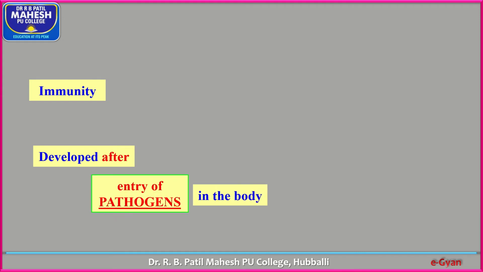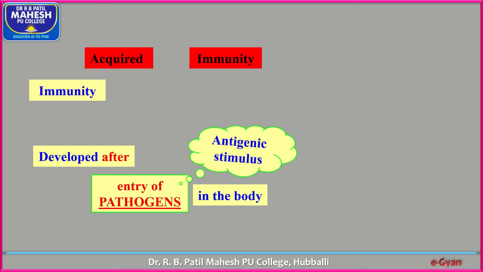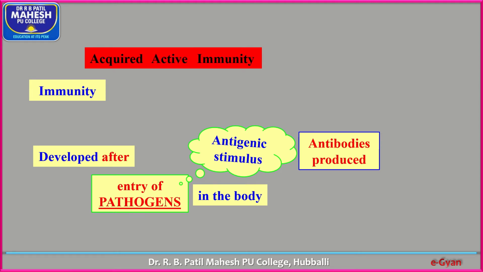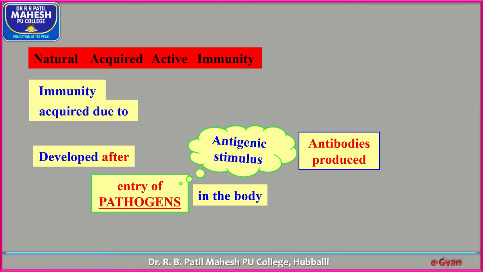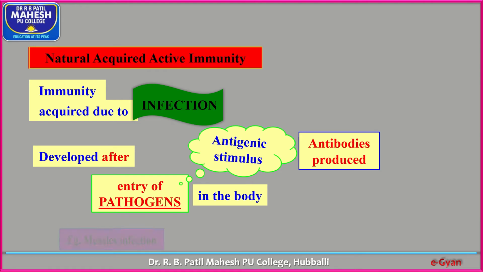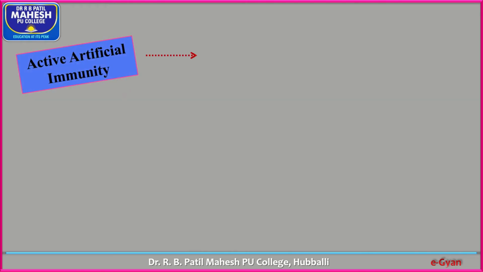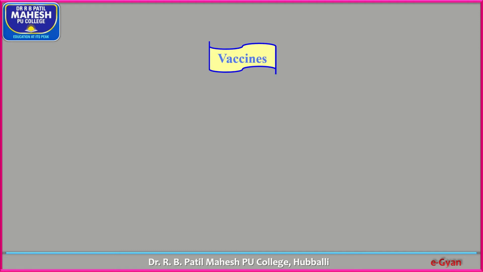Immunity developed after the entry of pathogens in the body is acquired immunity. So the antigenic stimulus stimulates B cells to produce antibodies, and that is called acquired active immunity. Natural acquired immunity is acquired due to infections, for example measles infections. Artificial active immunity comes from vaccines,